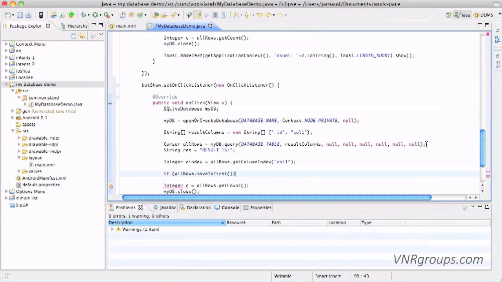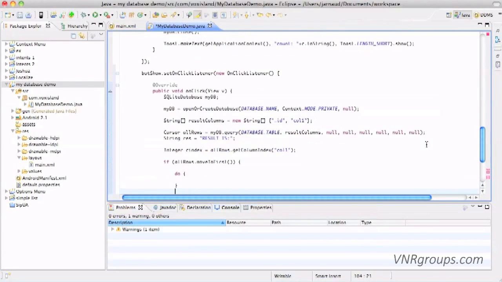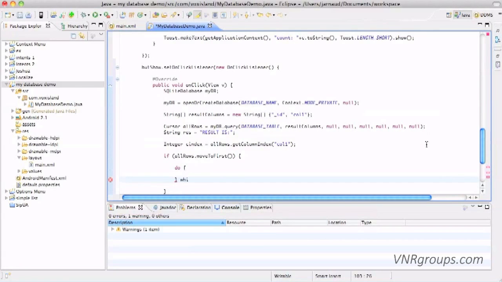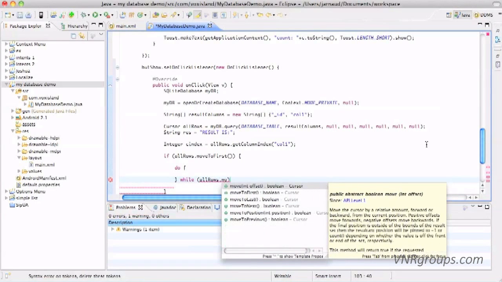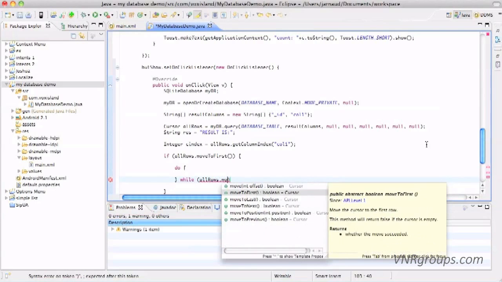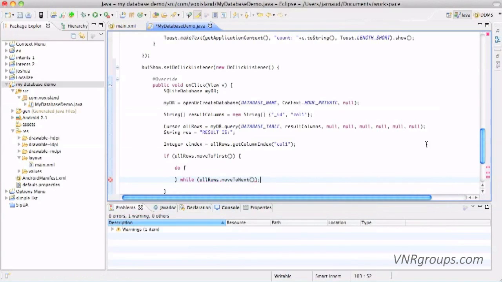I will do the move to first, which is going to return false if there are no data. So if there's no data, it's not going to do that do while that I have here. So do and while, and of course here I need to jump to the next item or to the next row, and I'm going to do all rows dot, and here I have move to next,